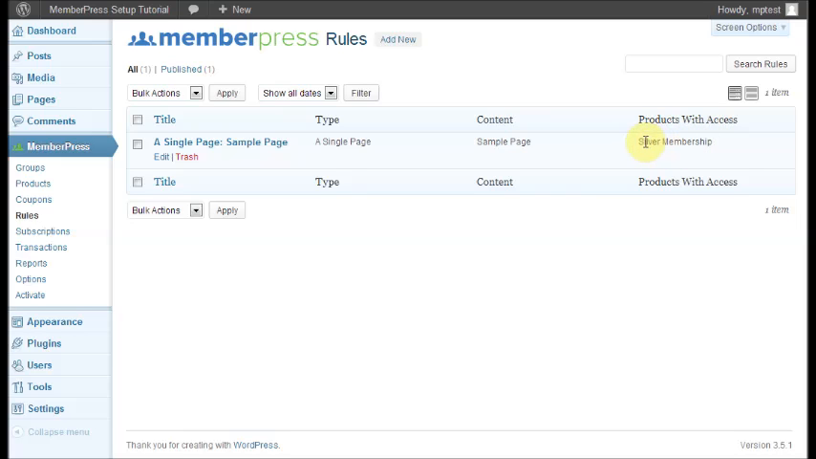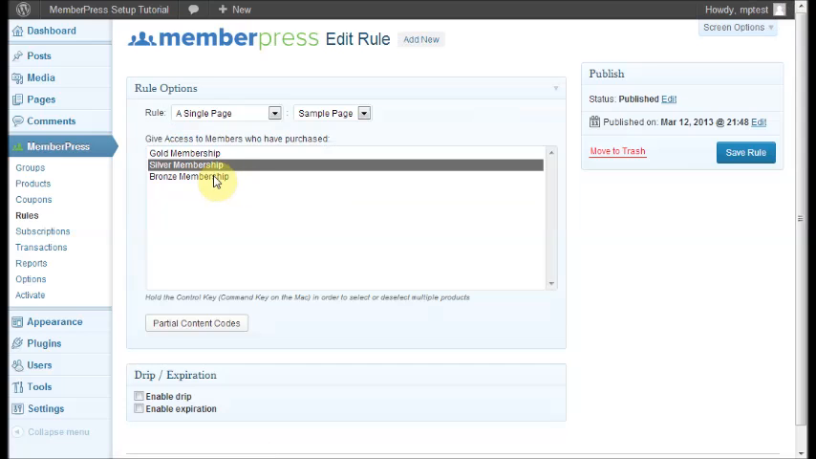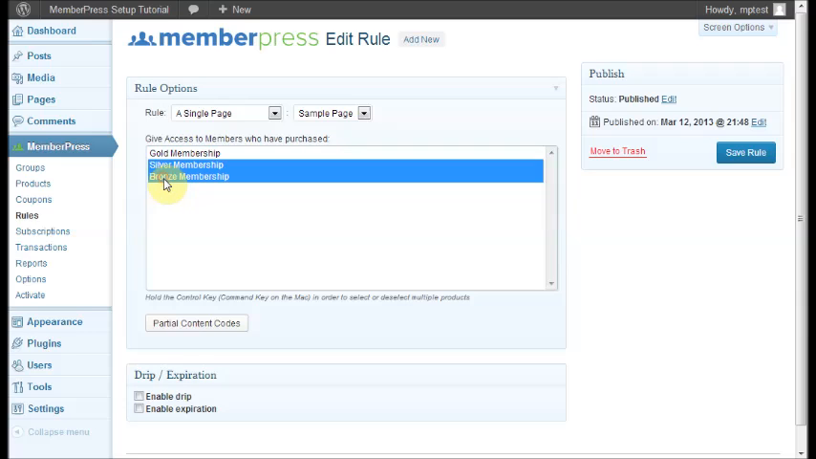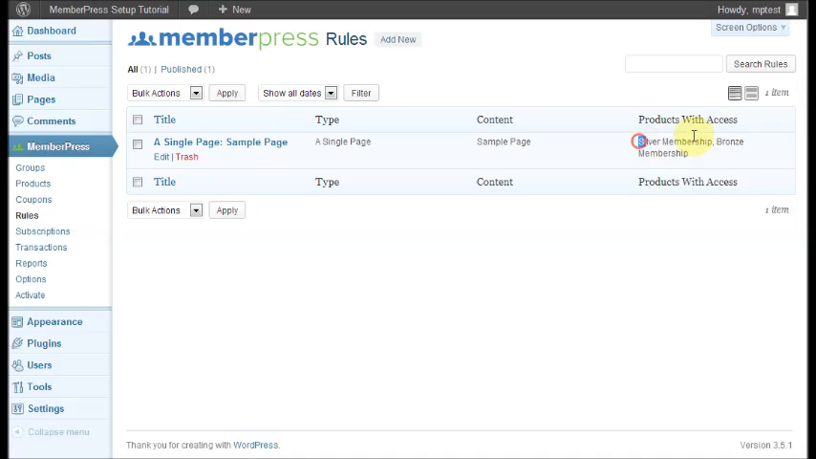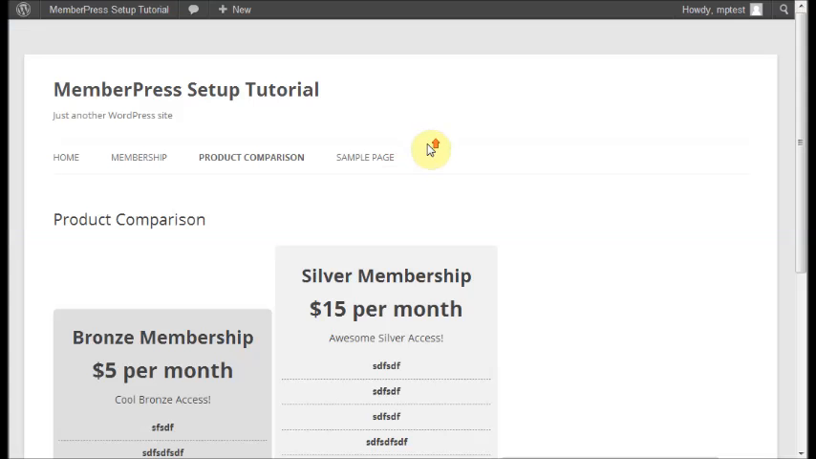Now you may want silver and gold to both have access, since gold is higher. So what we can do is just come in here, hold down the Control key on your computer. If you're using a Mac, I believe it's the Command key, and just highlight both silver and bronze, and go ahead and click Update. And now you can see both silver and bronze membership levels have access to the sample page. So if we come back here and log out